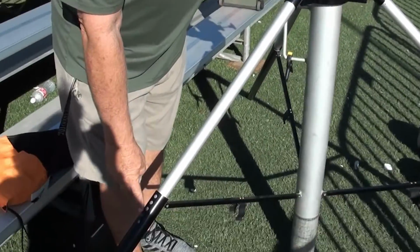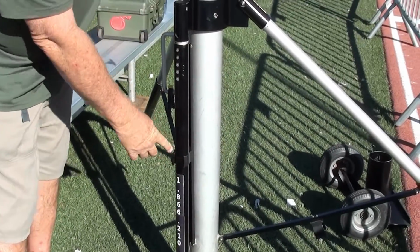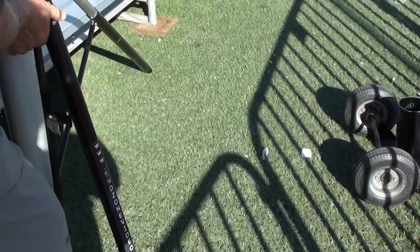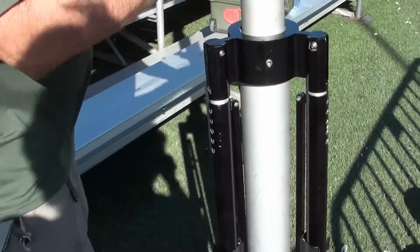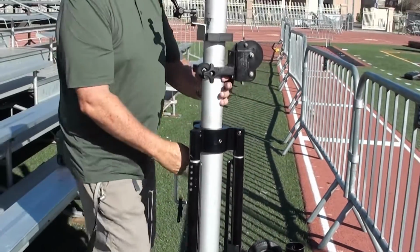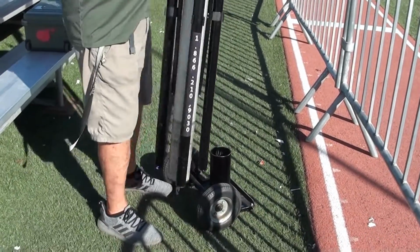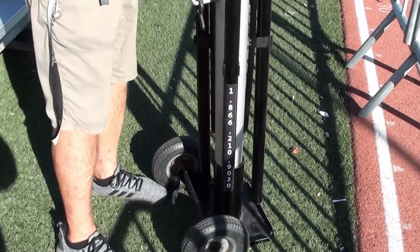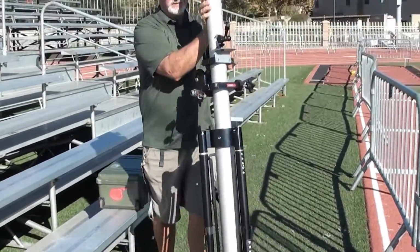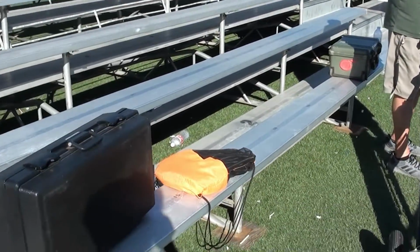Putting this away is simple. You just push these buttons in and slide the legs up, securing them in their clamps. Once done, insert the tripod into the wheels, and then you're ready to walk off the field with it. Tripod in one hand, backpack with the data cables and the